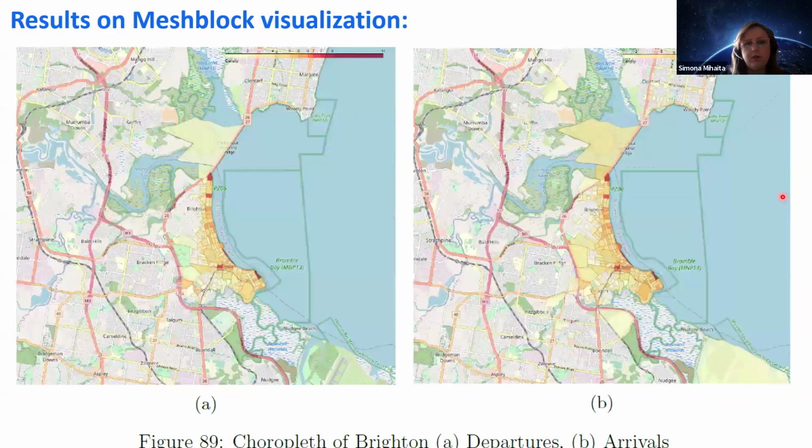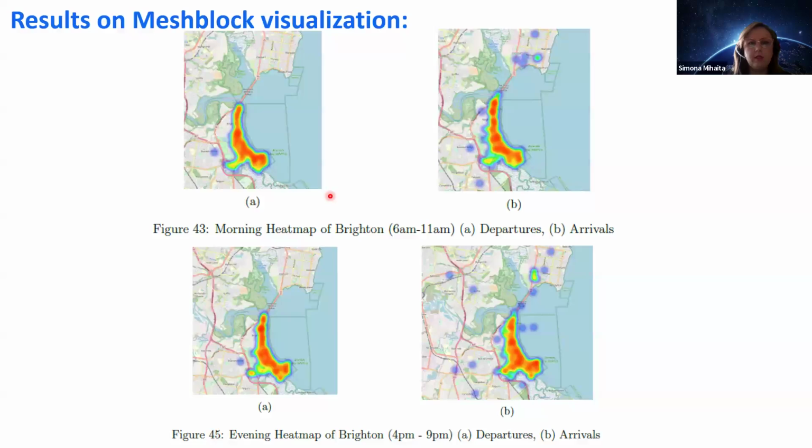This is the same thing. I just wanted to show you a different area. This is Brighton, a different kind of mini city where you can see, for example, the choropleth utilization a lot along the shoreline. And basically, if you plot that, you can definitely see the difference between morning and evenings, and people taking the e-scooters in the evenings to go back home. So we confirm that this is the trend. This means that a lot of e-scooters will remain in the suburbs in the evening. So the company needs to organize separate pickups, recollection and reallocation to the CBD for the next day. That's not very easy and challenging, of course.